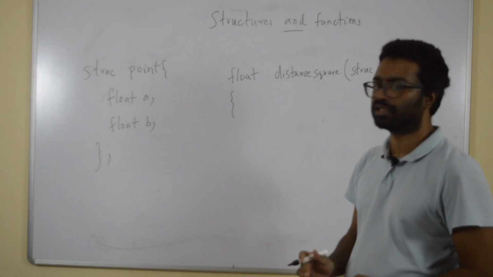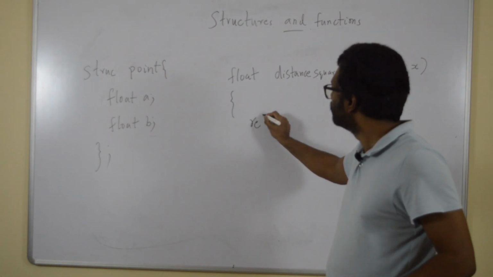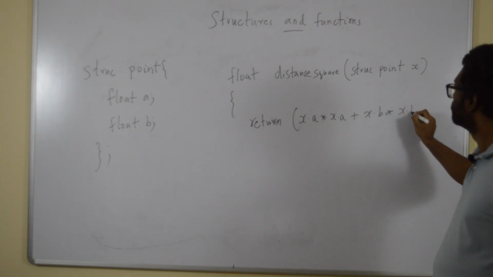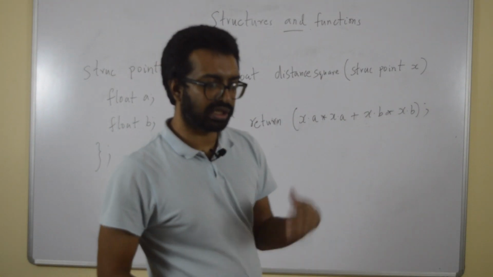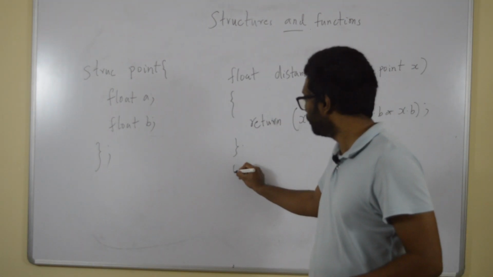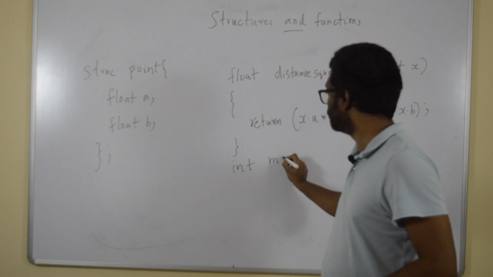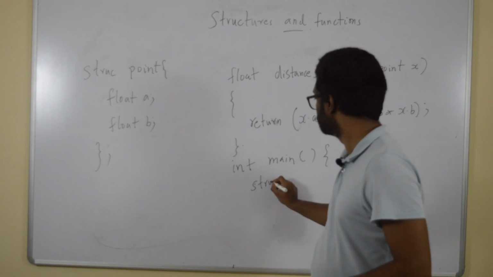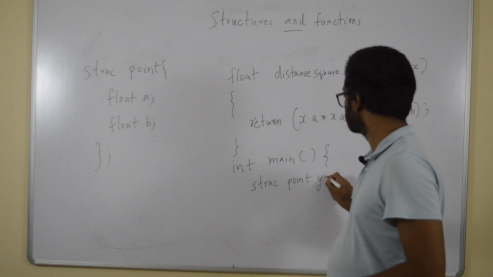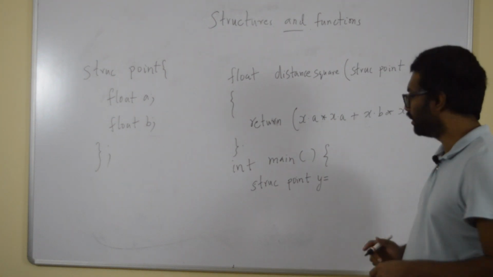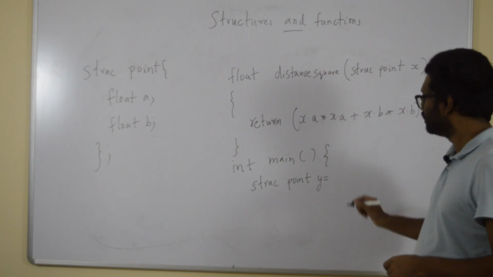What should the function return? The function should basically return a square plus b square. That is what we need. So the main program will be something like this: int main, struct point y is equal to,